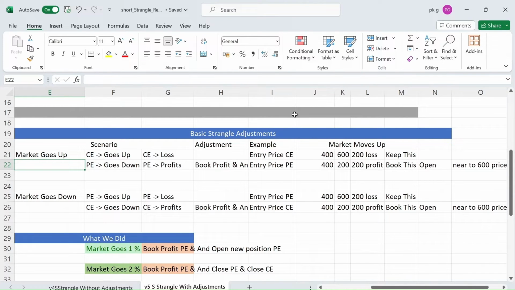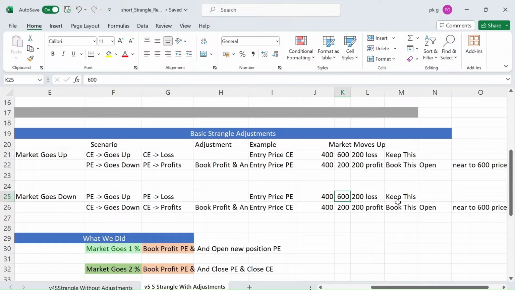So the example is also the same. Let's say we have entered at 400 and 400. If the market goes down, our PE option will become 600, and let's say our CE option will become 200, and here we will make a 200 loss and here we will make a 200 profit. We will keep this loss, we will let this run, but we will book this profit and open another CE position at a price which is near to the current PE position, that is 600, so that both will be at the same price,